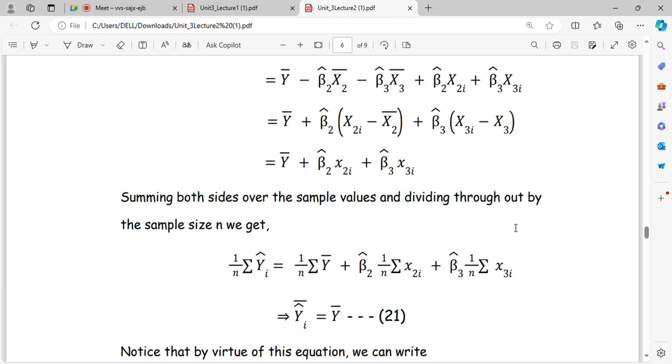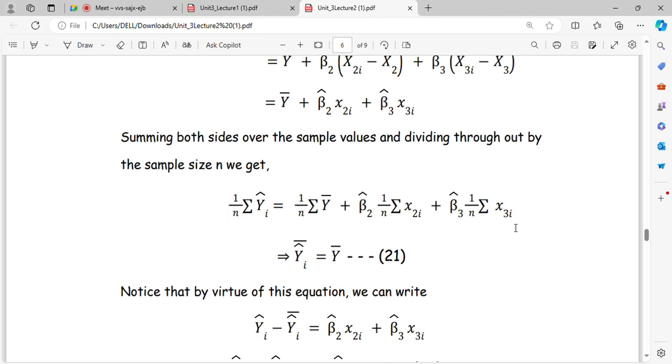And we know that in statistics we have studied that the sum of deviations from their mean is always equal to 0. We studied that summation of xi minus x bar is equal to 0, right? Each value minus its corresponding mean, when added, leads to 0. That's why the second and third terms on the right hand side will be equal to 0. So what we are getting is that the yi hat bar is equal to y bar, which proves the